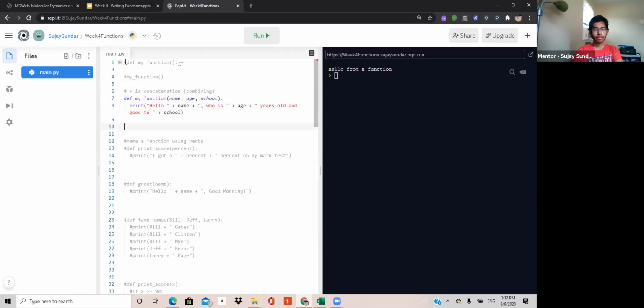So we write the function name, parentheses, and any name, age, and school we want. Just take me, for example. Most of the time, if we're writing strings like these, we have to write them as strings. So my_function, Suje, 15 as my age,